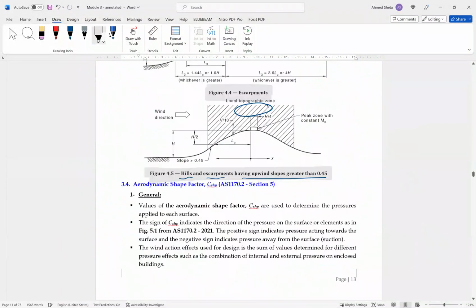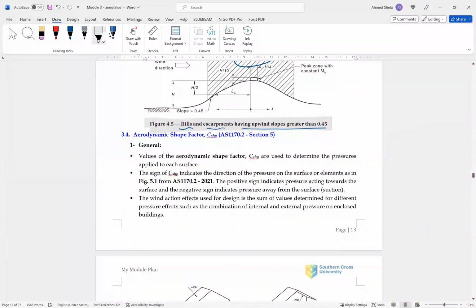Okay. Now the fourth topic we have today is the